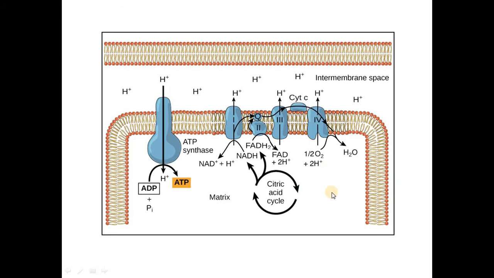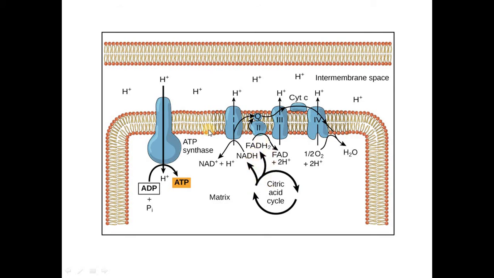So what is happening is that in the matrix of the mitochondria now, there will be a lot of that reducing power. Now, I'm just going to go to another picture. I don't really like this one. But so this is the membrane of Christie, right? And then that's the outer membrane. So here would be cytoplasm, the outer membrane, and then the inner membrane of mitochondria, and then the space in between those two membranes is called the intermembrane space. So right here is where the Krebs cycle is happening,